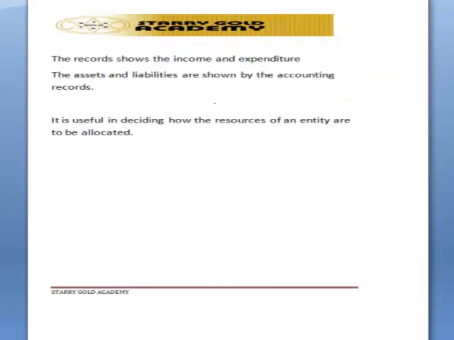Another benefit is that the record shows the income and expenditure of a company or reporting entity in question. Also, the assets and the liabilities are shown by the accounting records. Then it is useful in deciding how the resources of an entity are being allocated. So these are the usefulness of